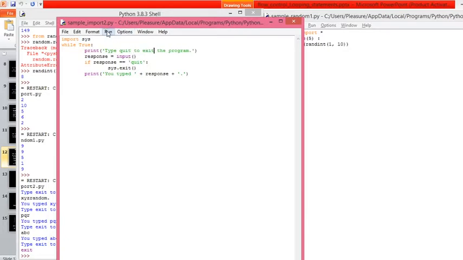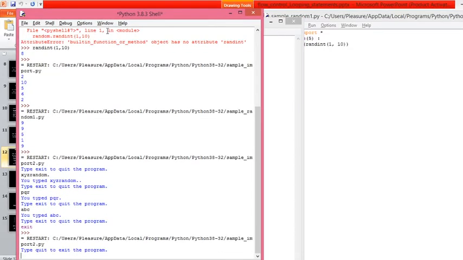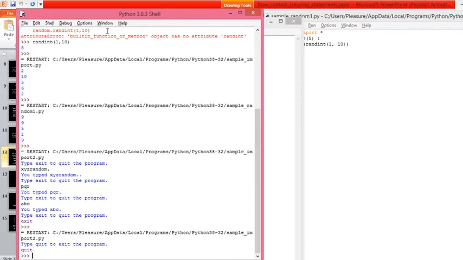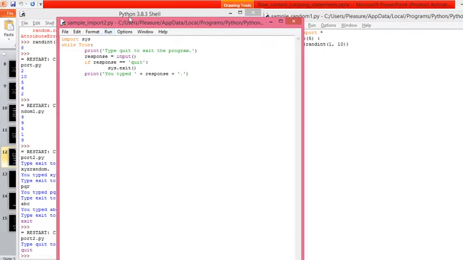This way you can change the program and run it. Now if I type quit, it will terminate the program. So when you type something like quit or exit, whatever you checked with the condition here, it will execute the function called sys.exit. This method is going to terminate the program. This is called early exit. Still, the further part of the program is there to be executed, but because of your condition, the program is going to terminate in the middle of its execution. Did you get this one now?